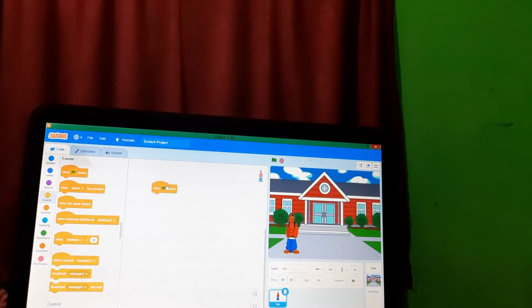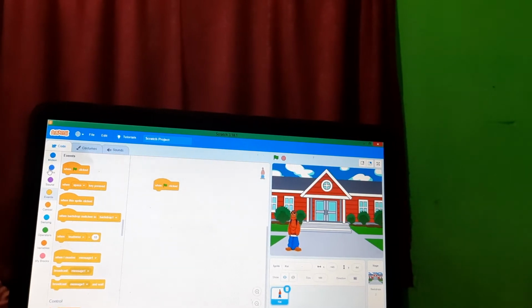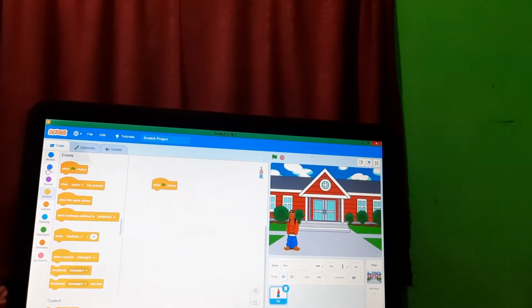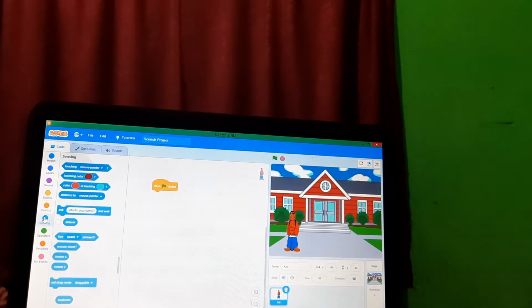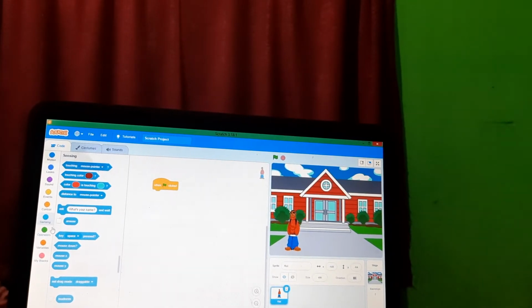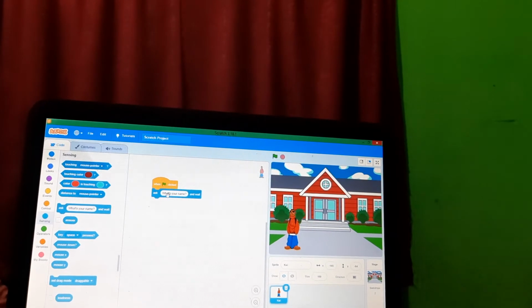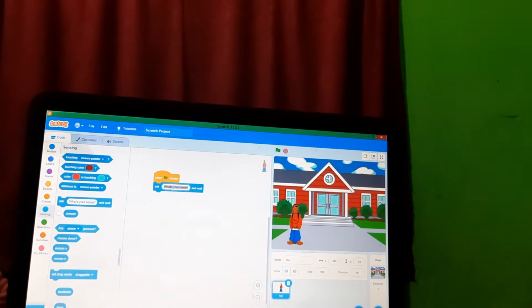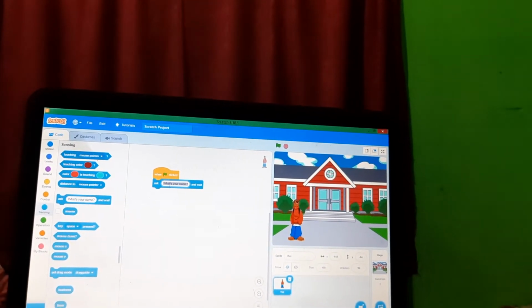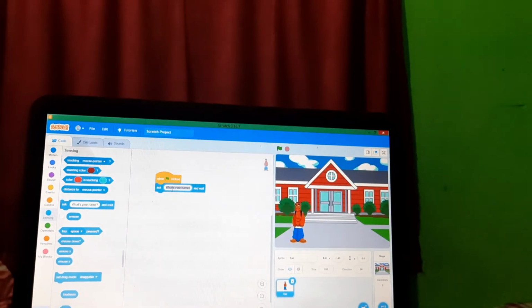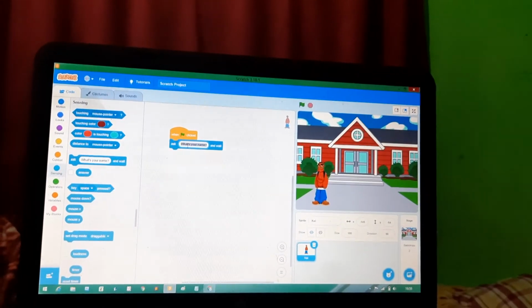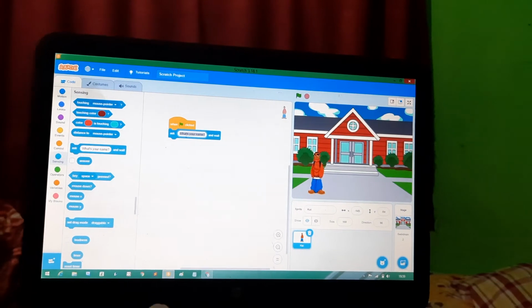Now next, the question should be asked. So you have to go to the sensing block, and in it you will see the option ask, and you have to write the question here. According to the book, the question is, where should I go? So let us type that.